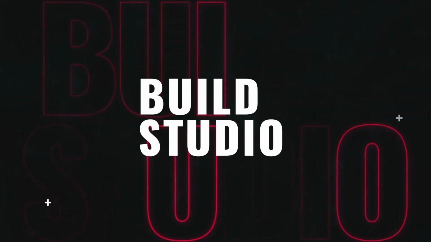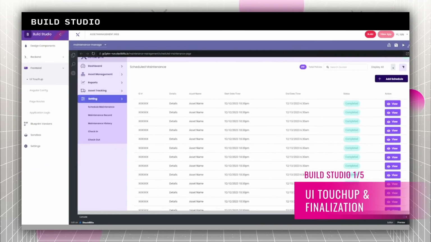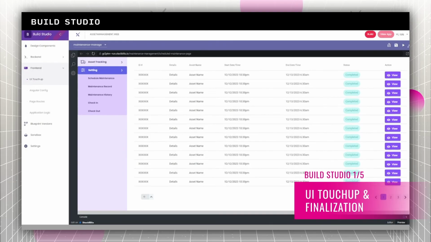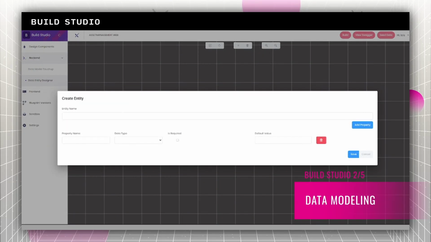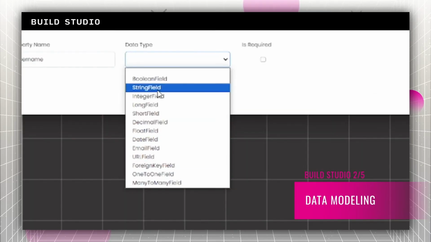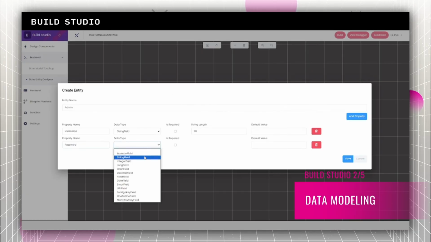Xamun's Build Studio is where you get your project off the ground quickly. After designing your user interface in the Design Studio, developers can do code-level adjustments here to meet your specific needs. Developers can then generate entities using the AI interpreter, and the appropriate data definitions and relations are then configured in